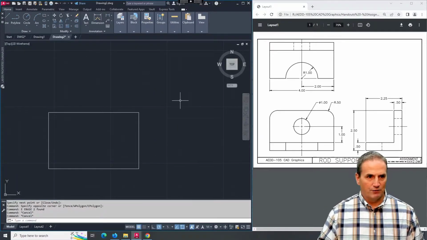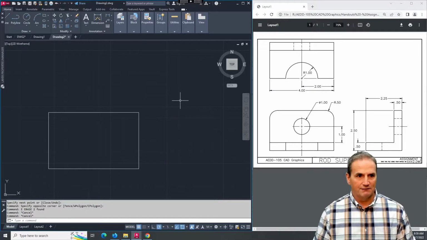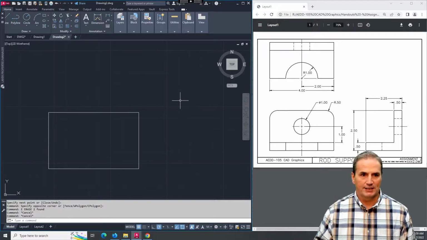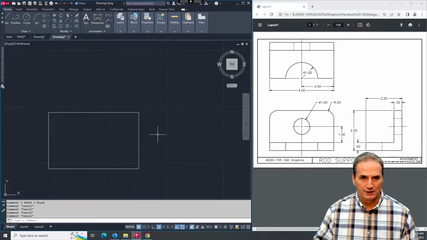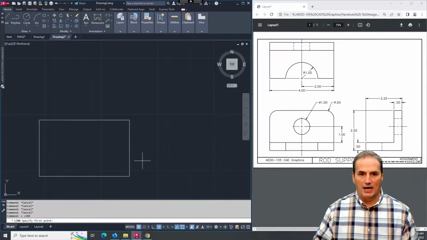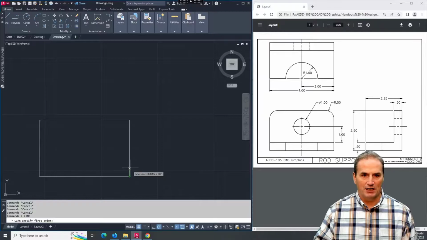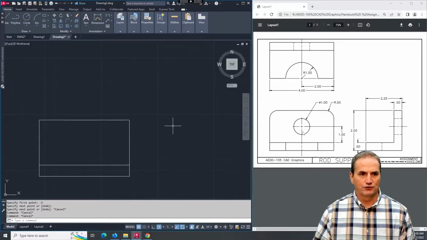I used a crossing window. We talked about crossing versus window selections in class and lecture. So again, watch those lectures if I haven't harped on that enough. What do we have? I'm going to say L enter. I'm going to hover, track. I'll come up 0.5. Folks, for me, when I'm drawing, what I tend to do is I draw my views